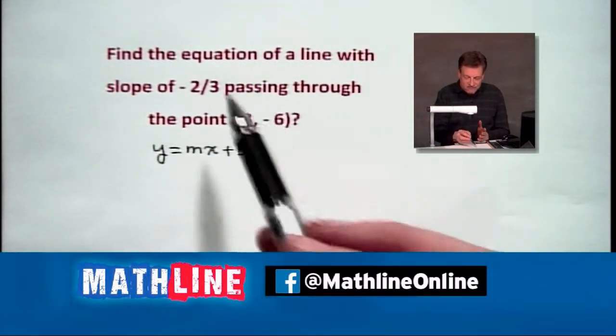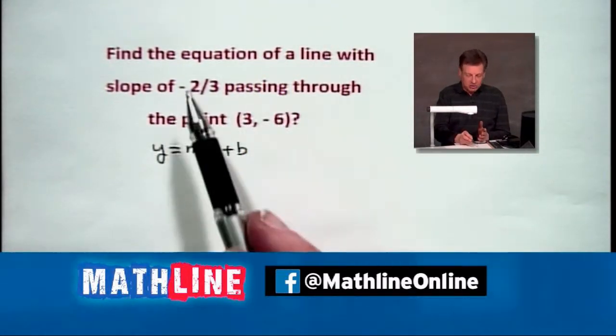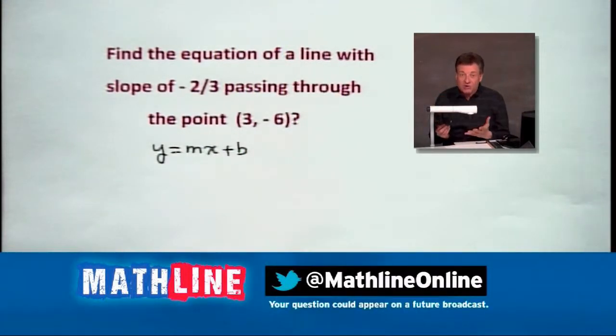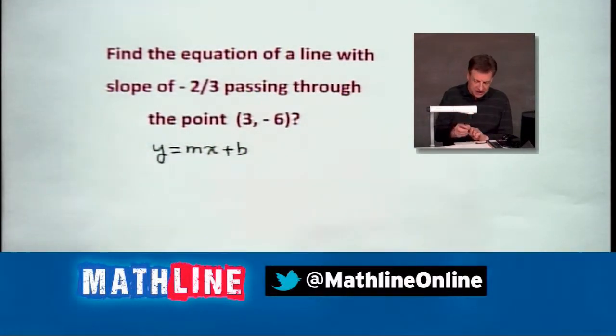Now, I have a slope. I've got m. By the way, that's what m stands for there on those. I've got -2/3. I don't have a b. That's what I'm looking for. So we're going to look at this two different ways, all right? Two different ways here real quickly. We're going to start with the slope-intercept form, and what do we know?